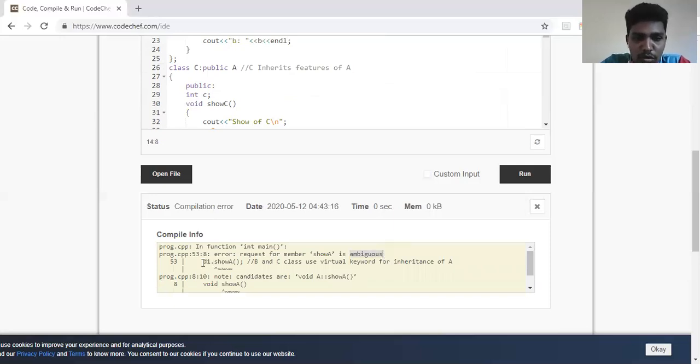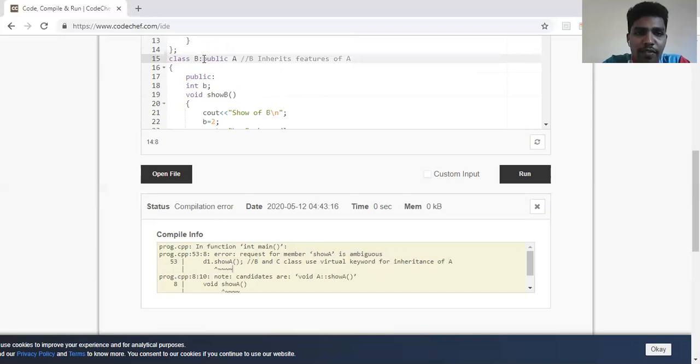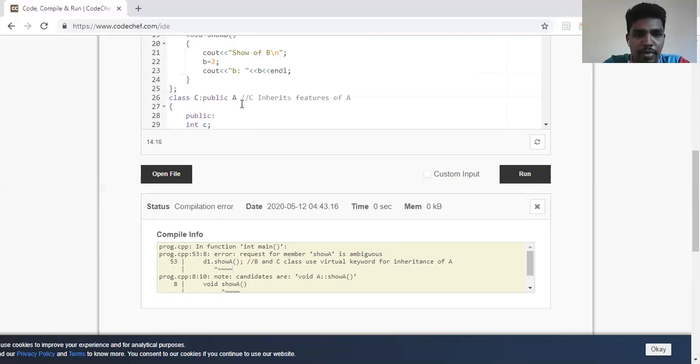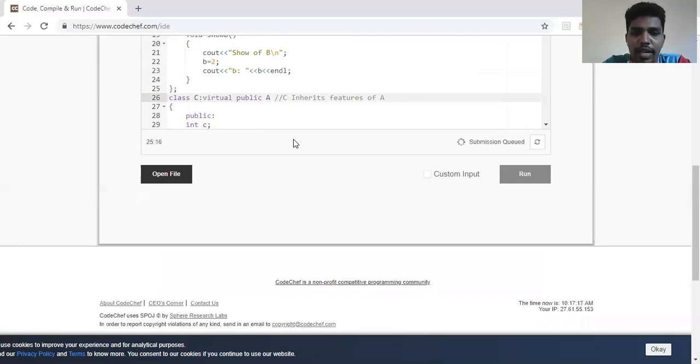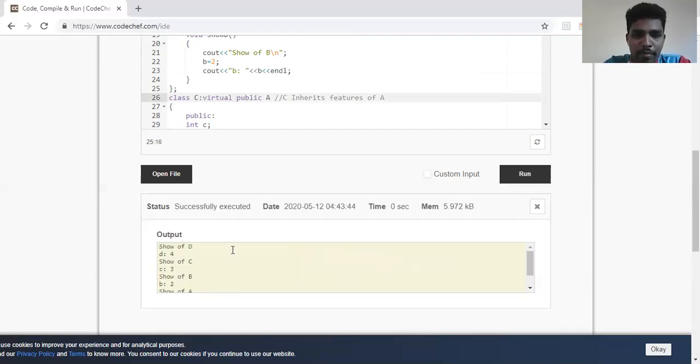D doesn't know whether I have to use show of A through B or through C. So that's why it was giving me an error. Fine. Okay, how do I solve the error? I have to inherit A from B using the virtual concept. Now if I run this, it doesn't throw any error.